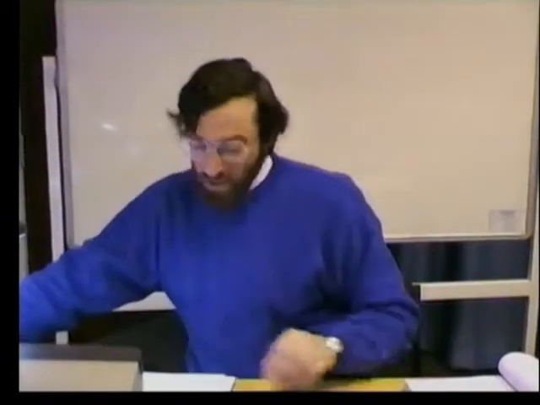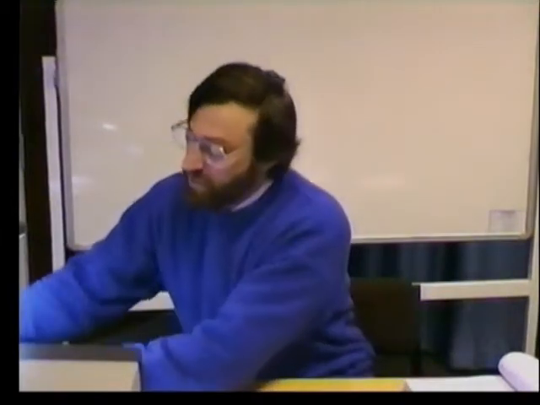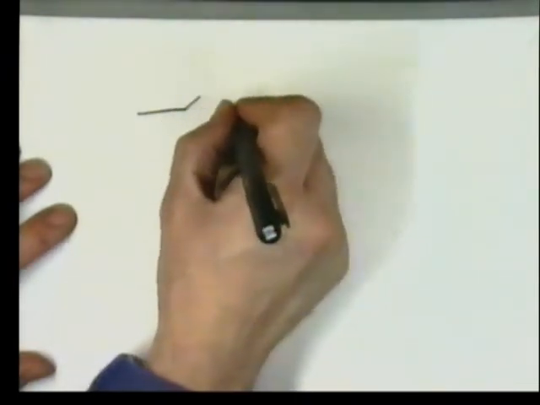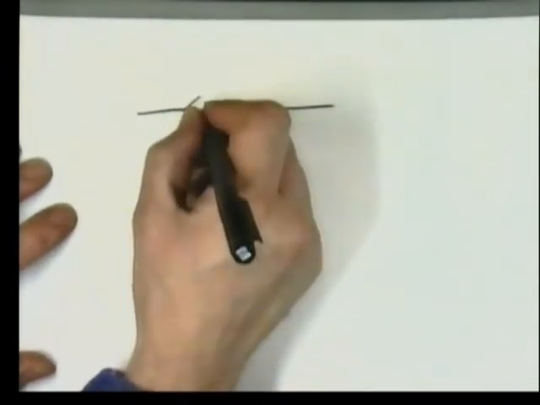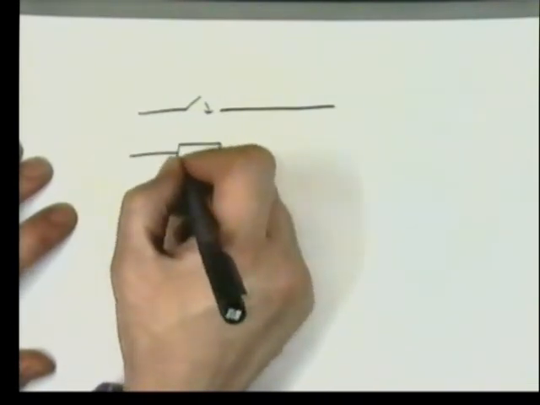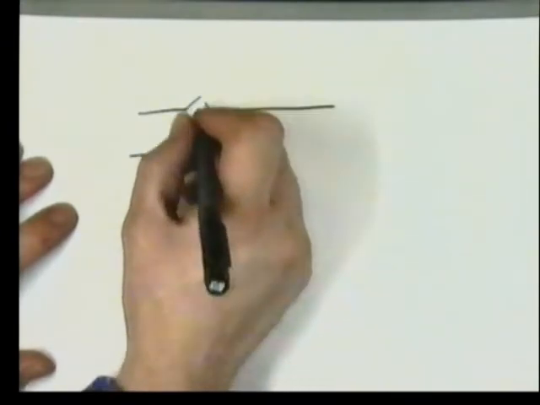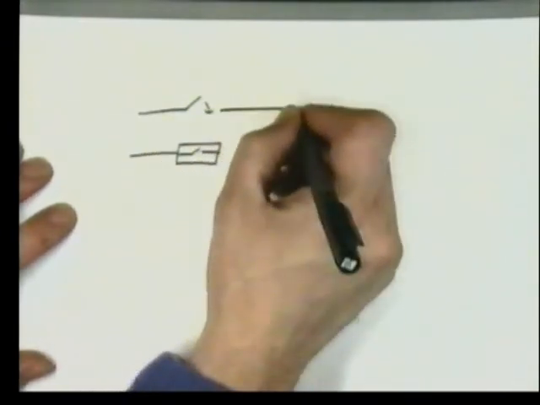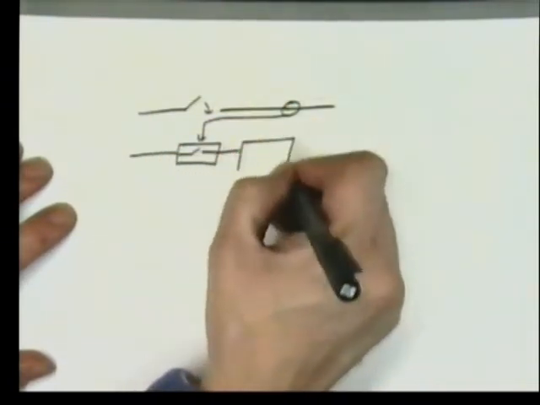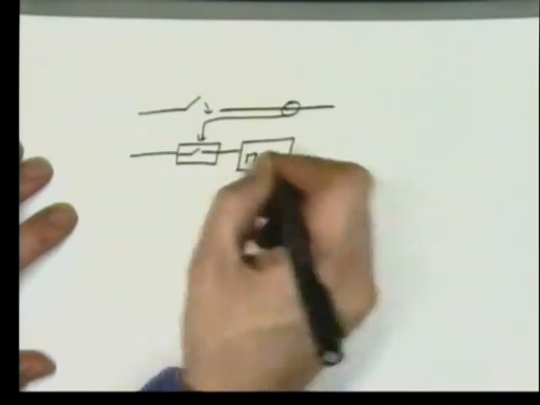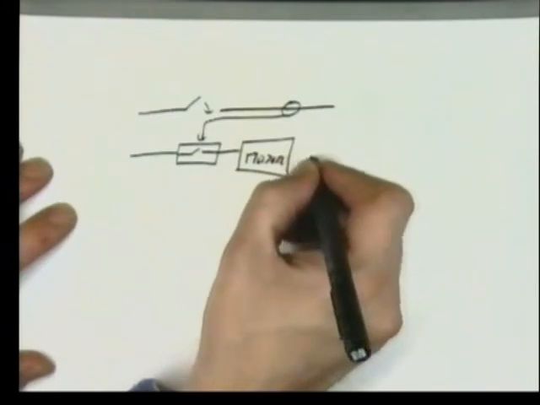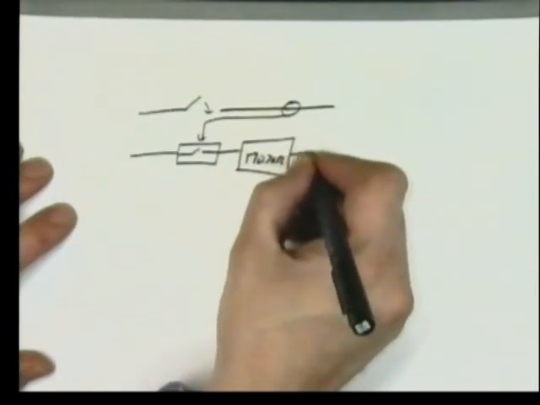Now, how can we do that? Well, let's assume we want to switch something on. So if we have a simple switch, and we say when we close that switch, that will be a relay that will close. Here's the relay circuit here. So this is a manual switch. When that goes on, that activates that relay, that closes that, and that goes to some, let's say, big hefty motor. Very, very simple mechanism. A switch closes a relay, turns on a motor, the motor turns. What if we also,